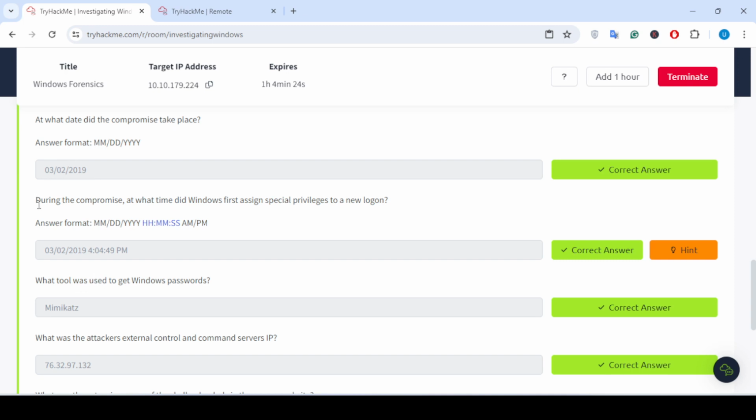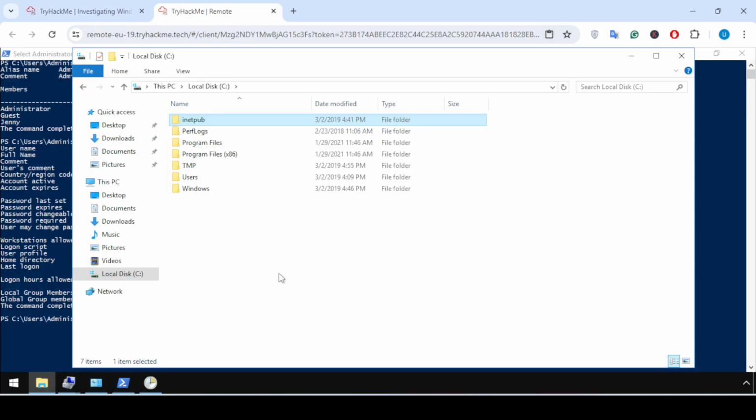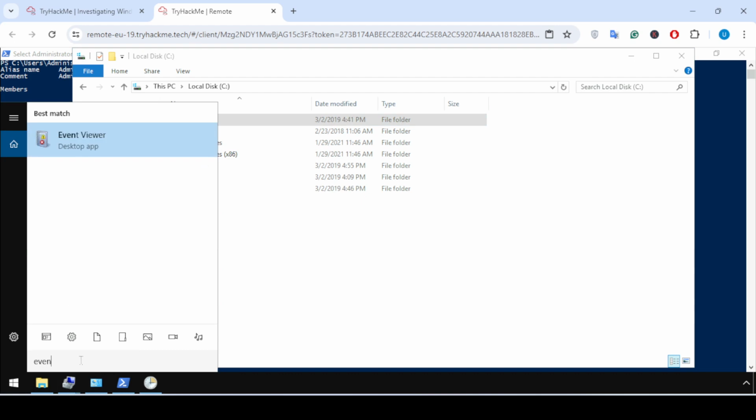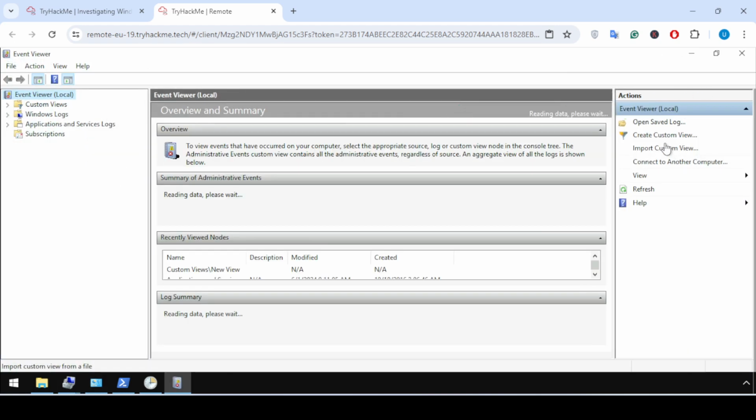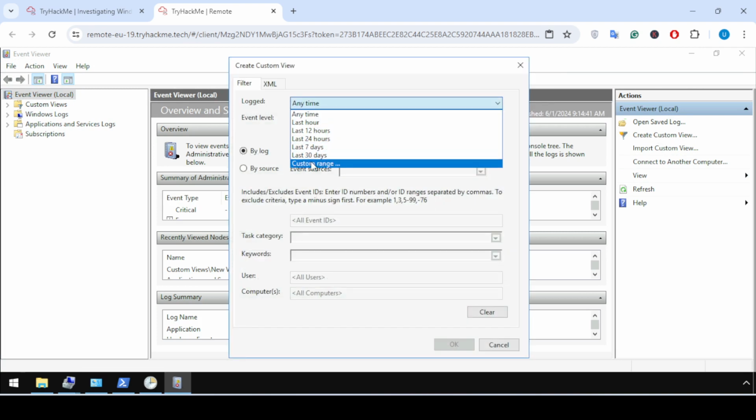The next question is: during the compromise, at what time did Windows first assign special privilege to a new login? For this purpose, I'm going to open Event Viewer, create a new custom filter, and choose a custom range.